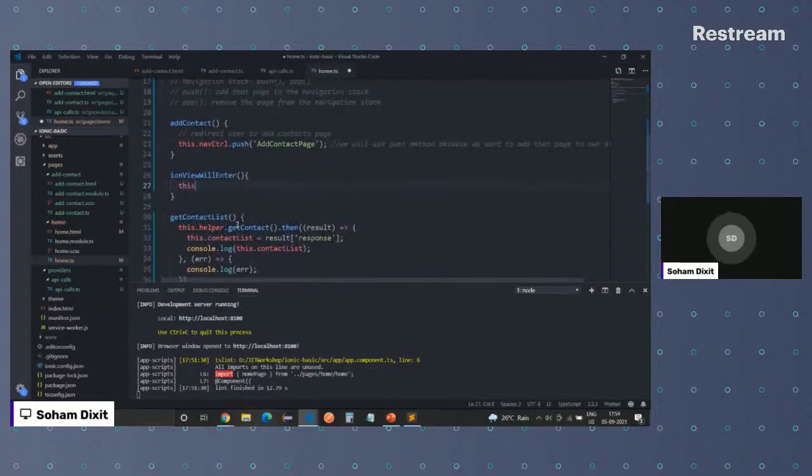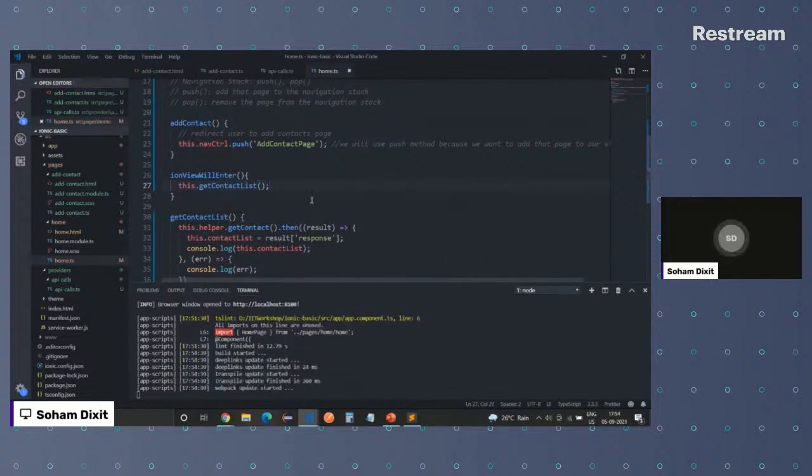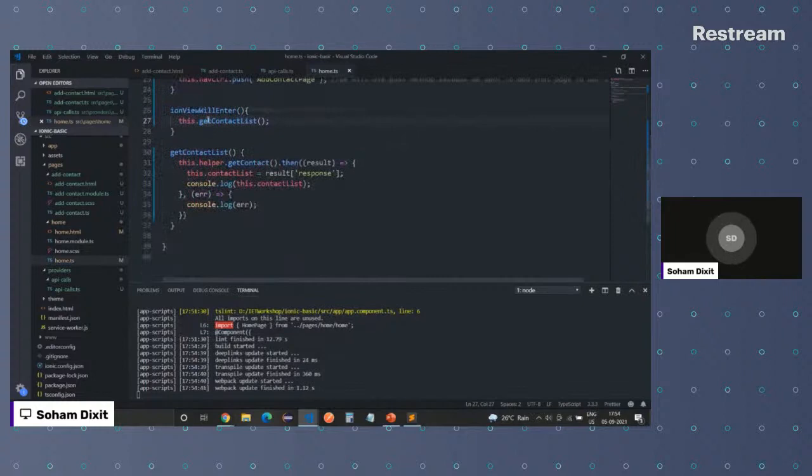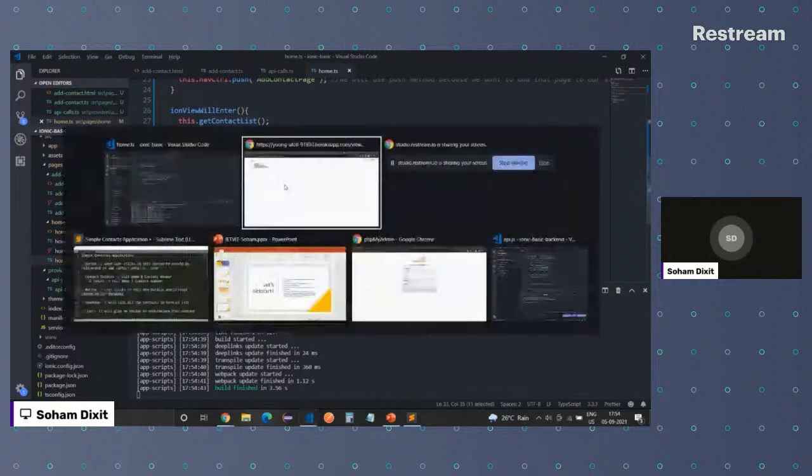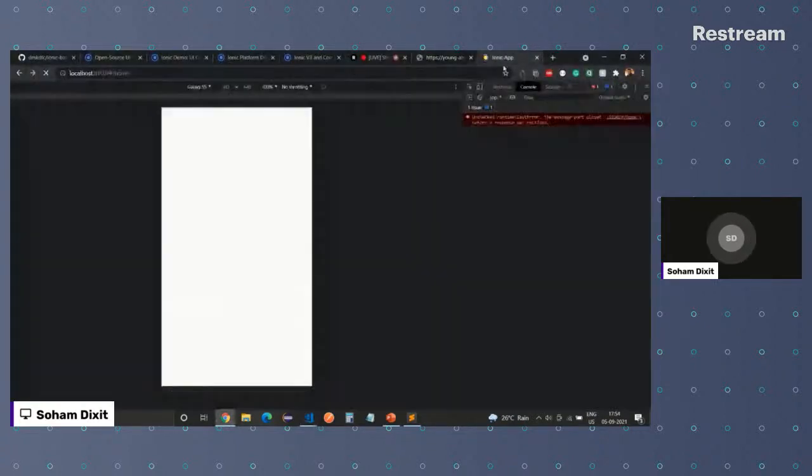So once the user comes to that page, this function gets called, as per Ionic's life cycle. Once this function gets called, I'm making a call to this contact list. That's it. Let's see, when the user comes to that page, we'll make the call to this contact list, and we should have that response stored in this variable. Let's see if that's happening or not.